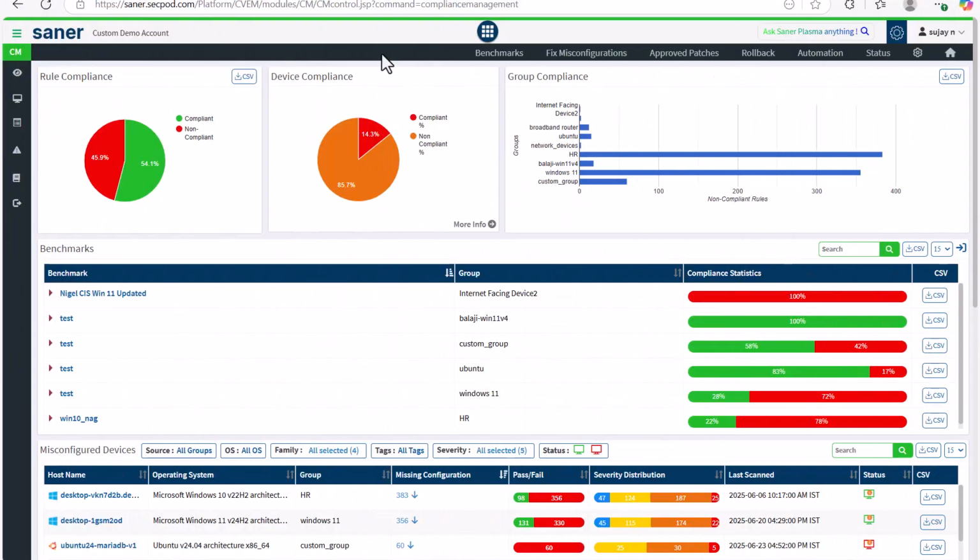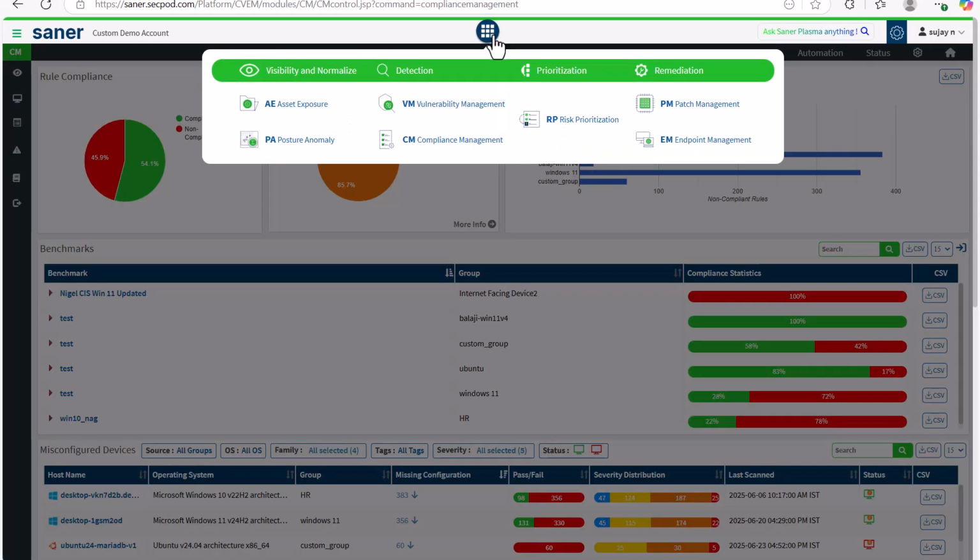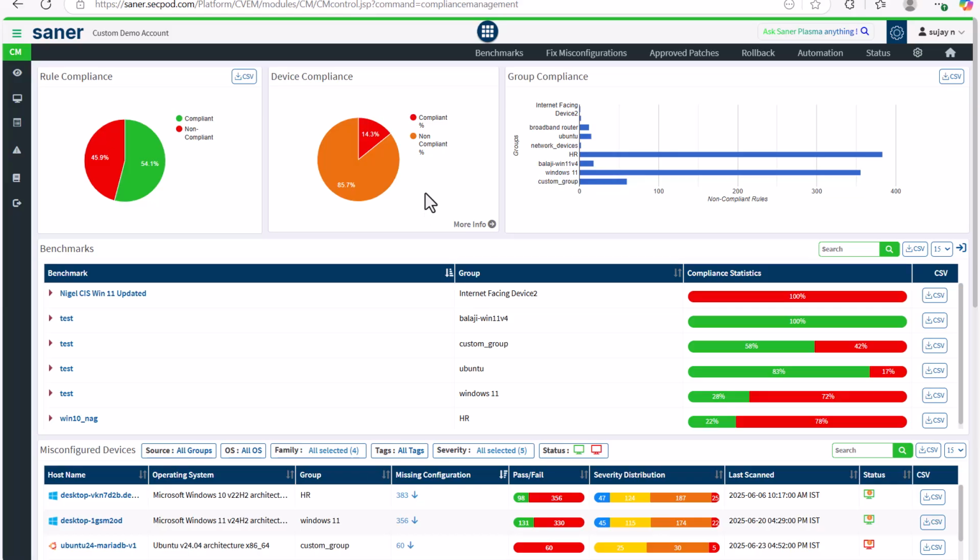Now onto a module that's both widely used and genuinely appreciated by teams who care about staying compliant: compliance management. Whether you're a security analyst, IT admin, or compliance officer, this module gives you the tools you need to stay on the right side of industry regulations and internal policy requirements. The main idea behind compliance management is simple: help your organization follow the benchmarks and security policies it's required to